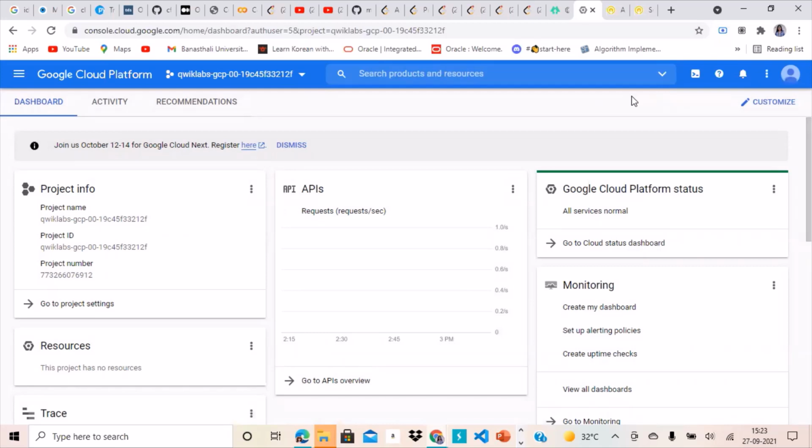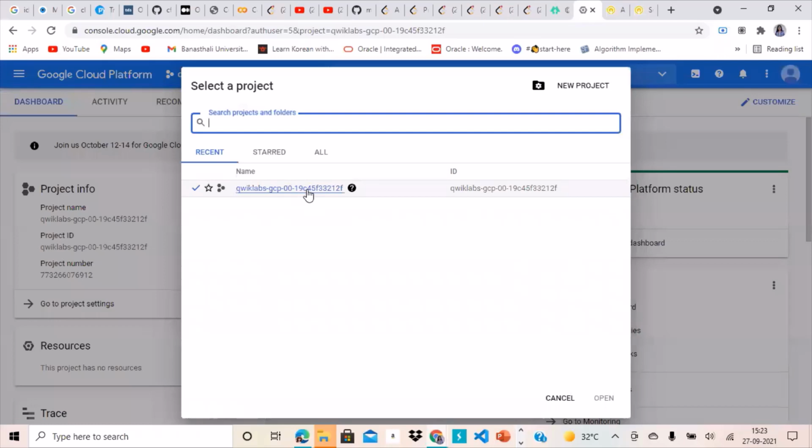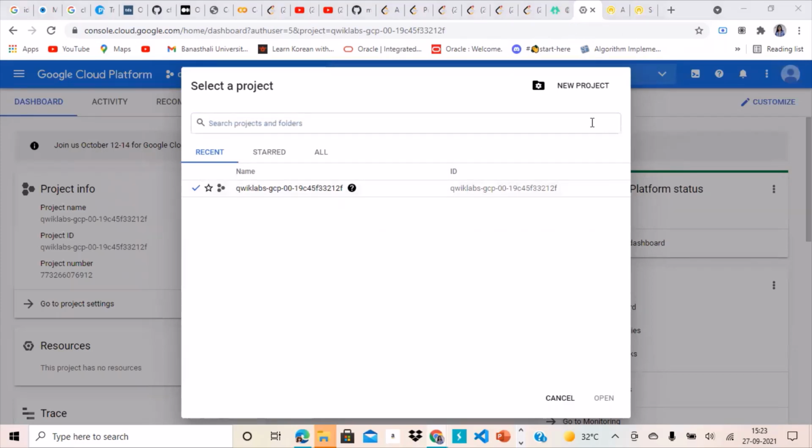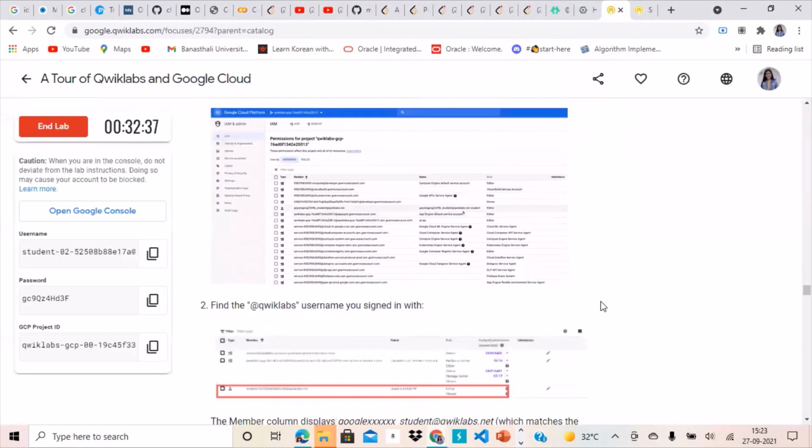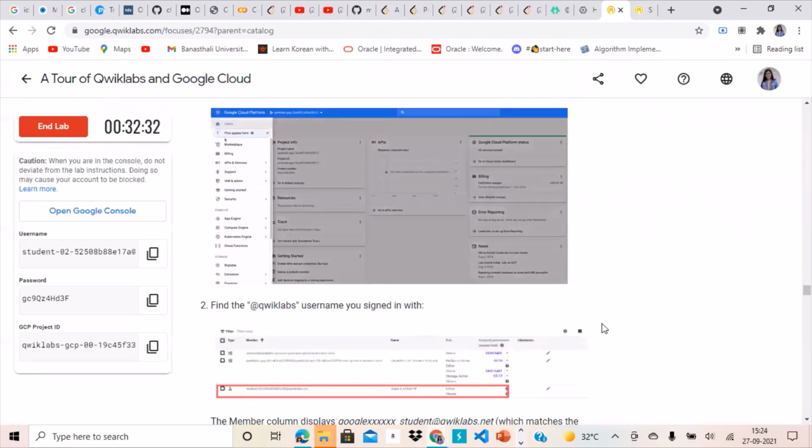So you are the admin of the temporary project that exists over here. You have different roles for yourself. You are the admin, you can edit everything over here. You can provide different roles to everyone else who wants to access your project, so you can assign them roles too. You can make them admin, editor, or viewer. There are different roles that you can assign to different users who want to access your project.